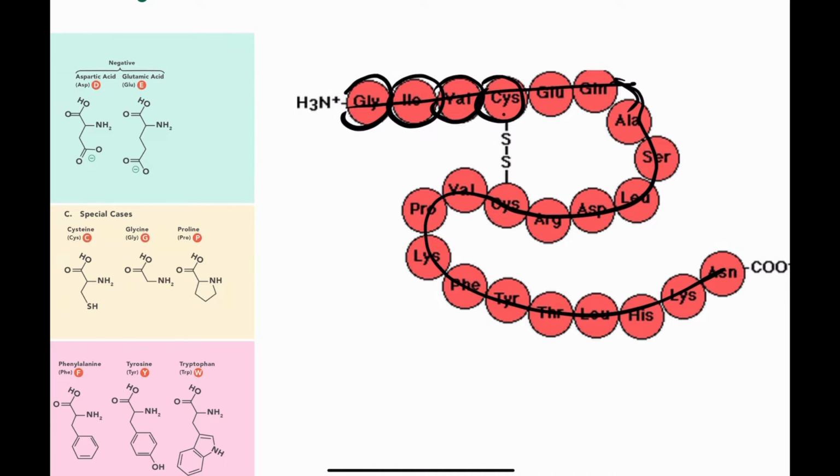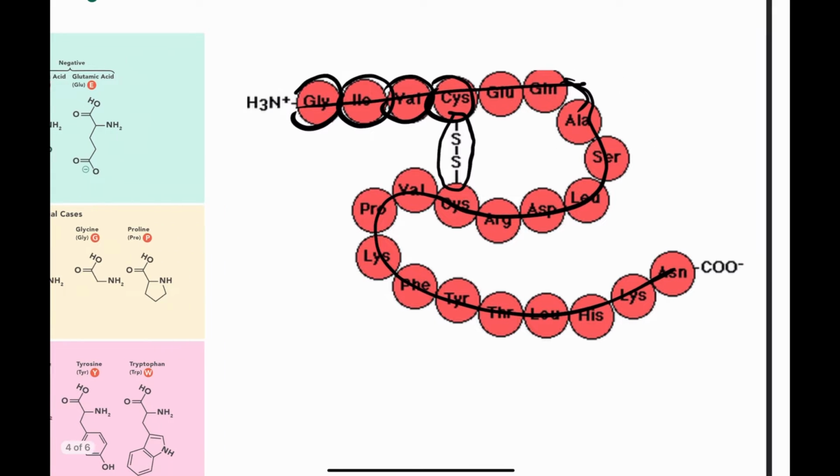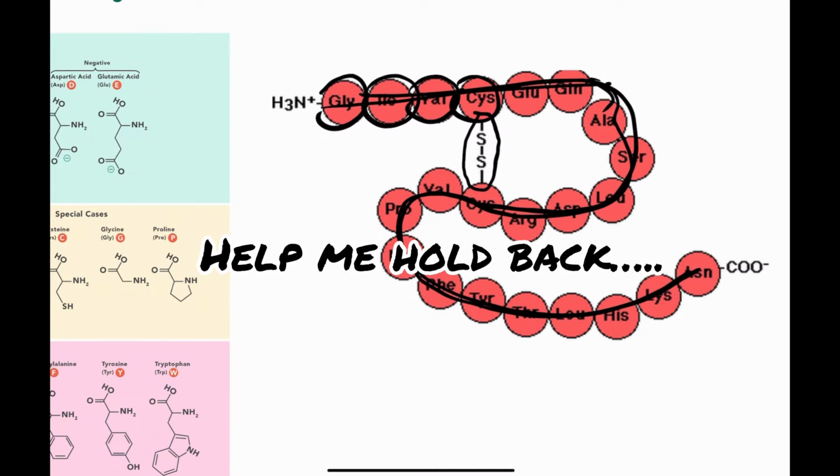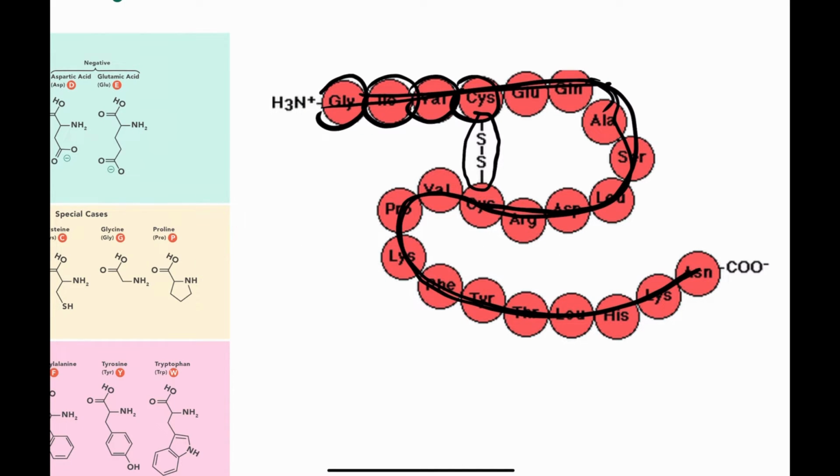And just to jump ahead here, we have a disulfide bridge or side chain interactions. Side chain interactions can happen between amino acids with their sulfur group, more specifically for cysteine, or hydrogen bonding. And what happens is, as you guys see, this is kind of folding, right? And this is my favorite part and the coolest part about proteins. And I'm just trying to not jump out of my chair. They can fold, guys. They can fold because of their side chain interactions with one another and fold into functional proteins that can be used within the body.